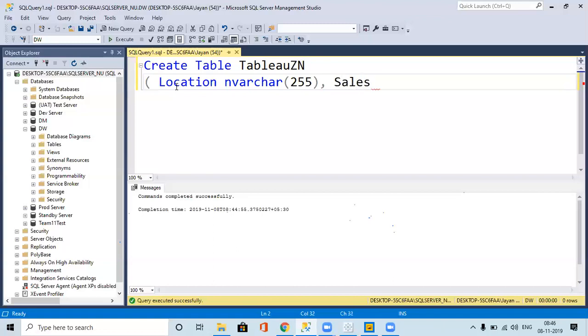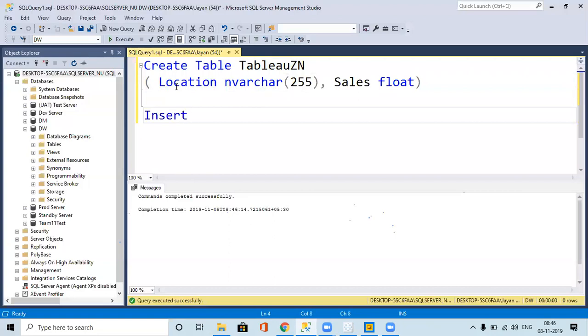So let's say I'll give sales, and for value I give float. Now let me insert the data.